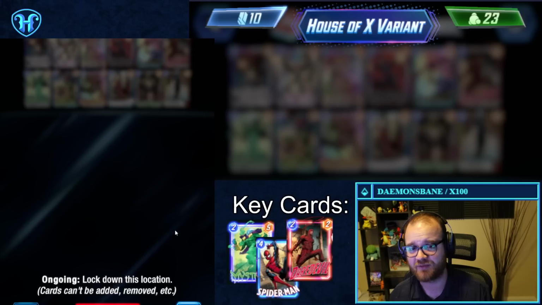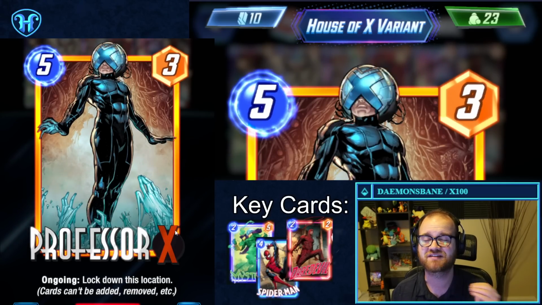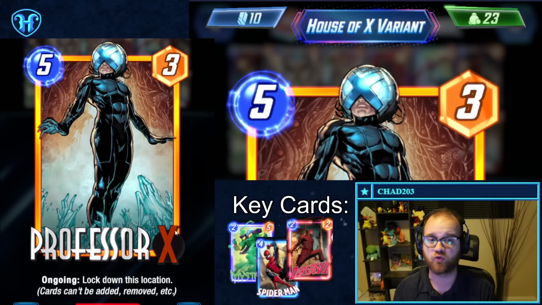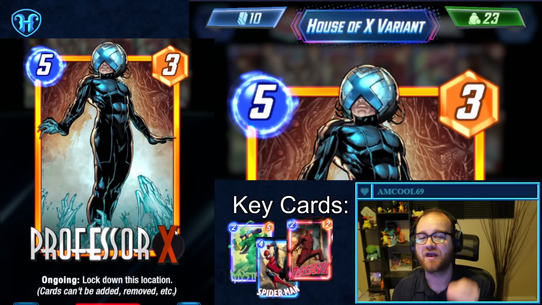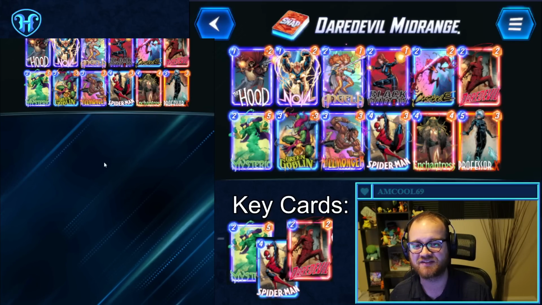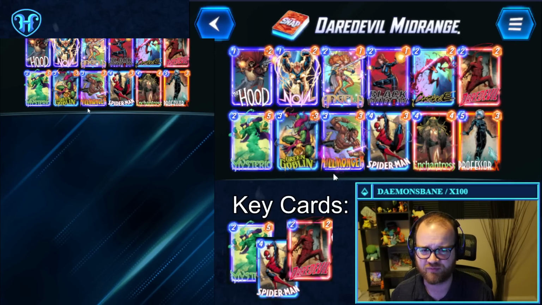Very similarly, Professor X has a similar effect. With Daredevil's knowledge, you can deploy this at a location on the board where you can know deterministically this will be winning that location. The rest of this deck is other interactive bits that are disruptive in different ways,